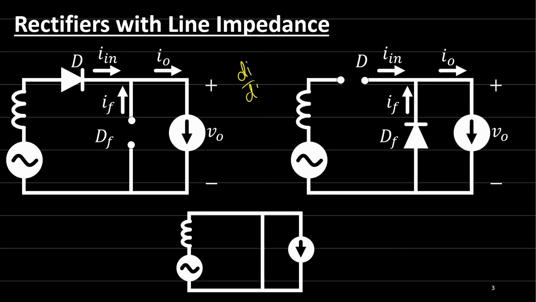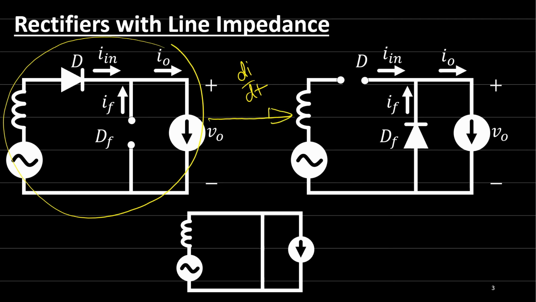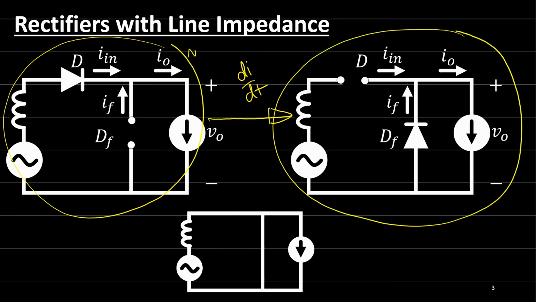As a result, the di by dt value is affected by line impedance, and the rectified voltage and the input voltage are also affected because we have a short circuit in the transition period. So previously we thought that without line impedance, the behavior of the main diode and the freewheeling diode is something like this. The switch goes from this circuit state to this state directly, from mode 1